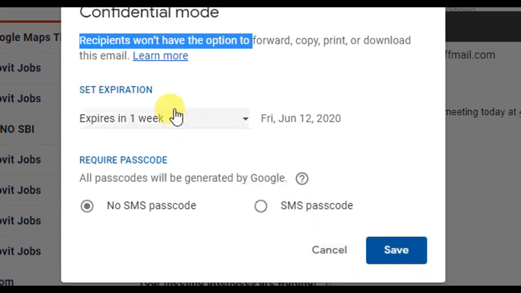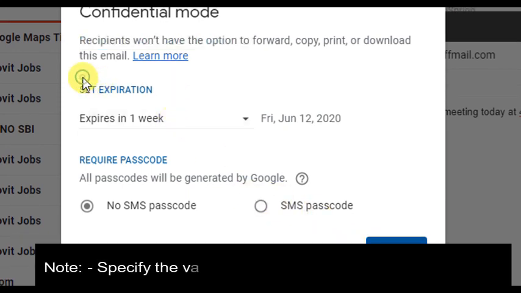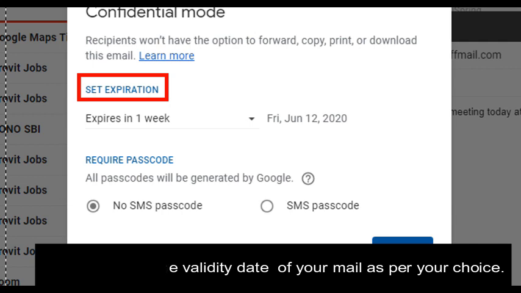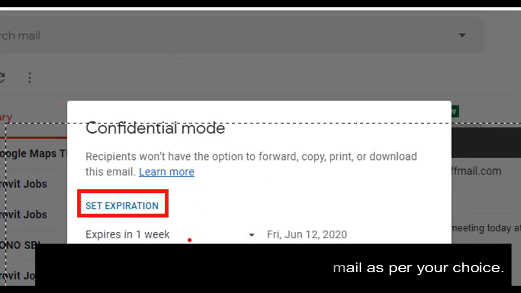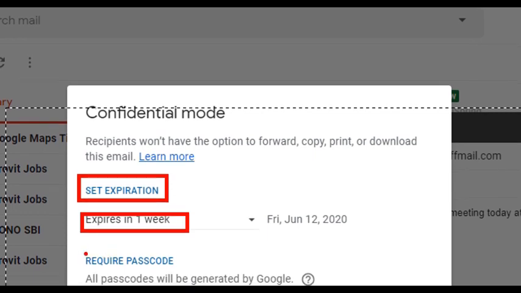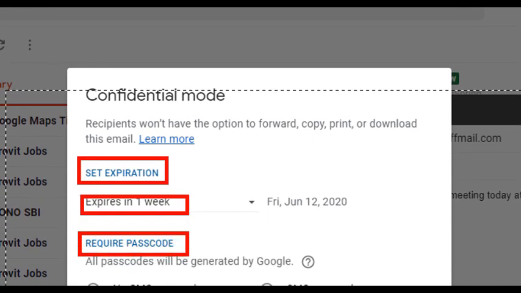Then you can see here the option Expiration, means this mail can also be sent with a validity period of time. Here by default the validity is 1 week, means after 1 week the mail will be automatically deleted from the recipient's inbox.